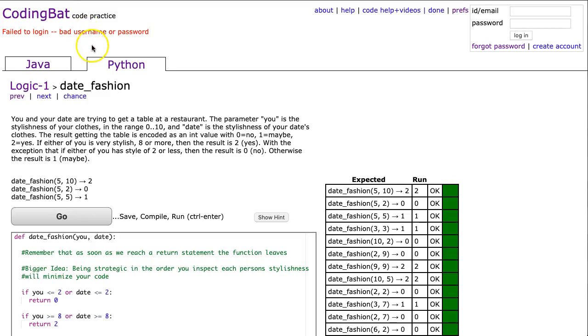Tonight we're going to look at date fashion from Logic 1, and this is the Python solution. The problem states you and your date are trying to get a table at a restaurant. The parameter you is the stylishness of your clothes in the range 0 to 10, and date is the stylishness of your date's clothes. The result, getting the table, is encoded as an int value with 0 no, 1 maybe,